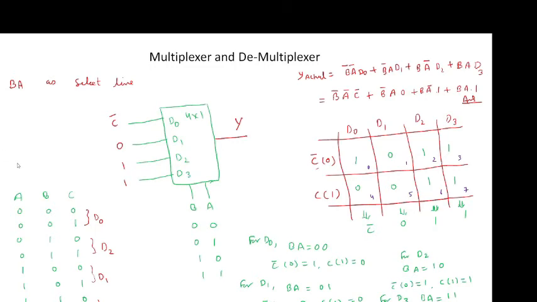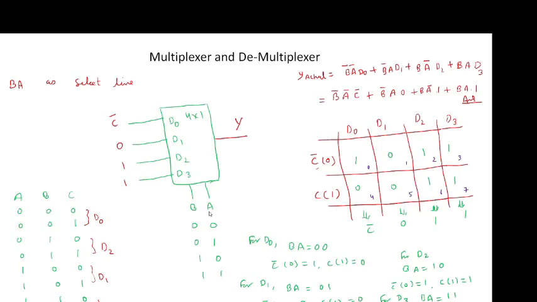Now I will make a table here for the three variables A, B, C, and line is there. Because there are three variables, line will be having the numbers 0, 1, 2, 3, 4, 5, 6, 7, and our variables will be 0, 0, 0 as earlier, 0, 0, 1, 0, 1, 0, 0, 1, 1, 1, 0, 0, 1, 0, 1, 1, 1, 0, 1, 1, 1.